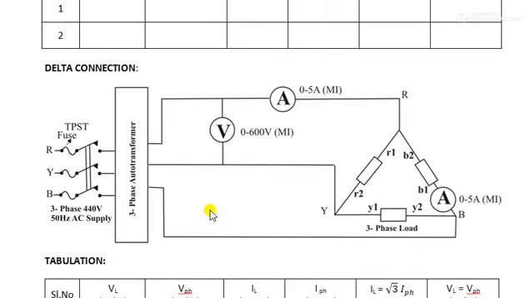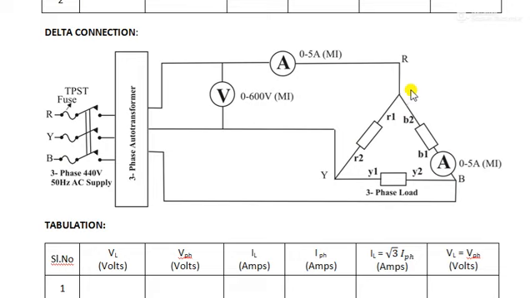Now similarly, the circuit diagram for delta connection is nothing but you have to change the connection here. Instead of star you have to make the delta. How to make the delta: the finishing end of the first phase is connected to the starting end of the next phase. So 3 wires you can use and connect them in sequence, R, Y, B. To that connection you have to apply the voltage.